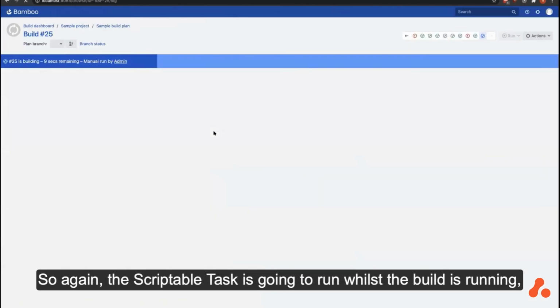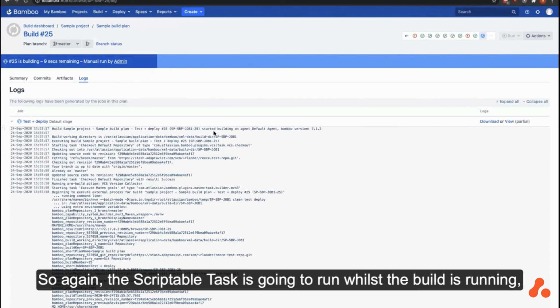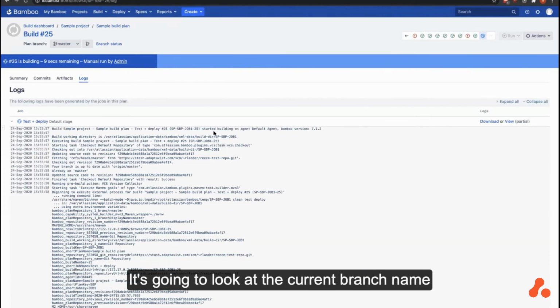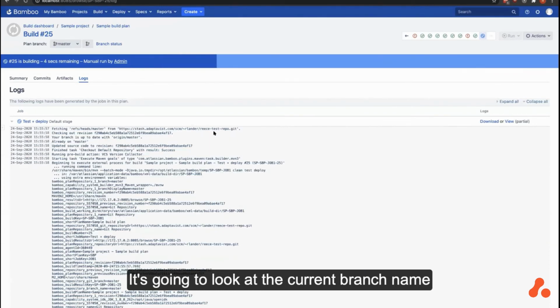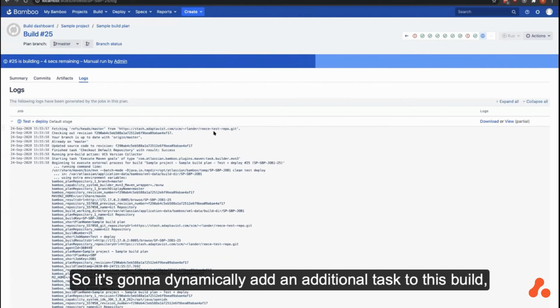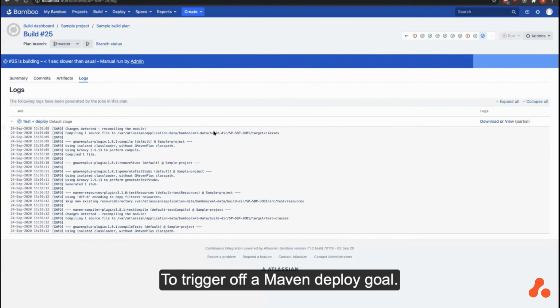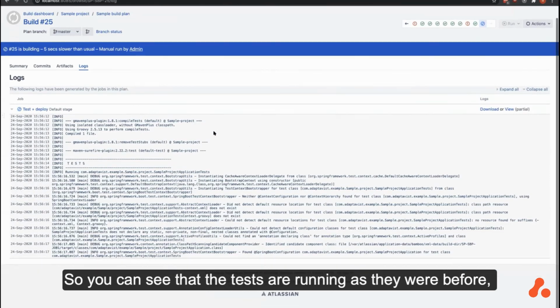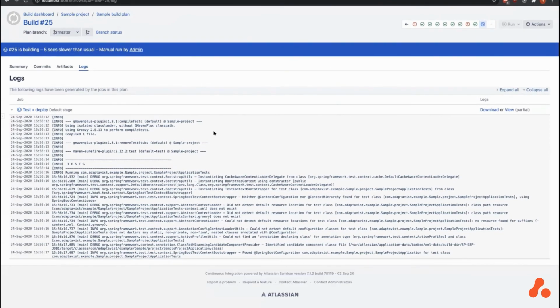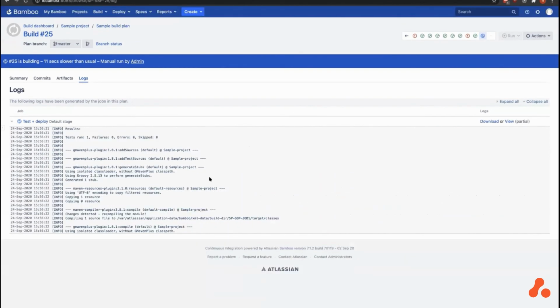So again, the scriptable task is going to run whilst the build's running. It's going to use the Bamboo Specs API. It's going to look at the current branch name, and that branch name's master. So it's going to dynamically add an additional task to this build to trigger off a Maven deploy goal. So you can see the tests are running as they were before. And after this finishes,